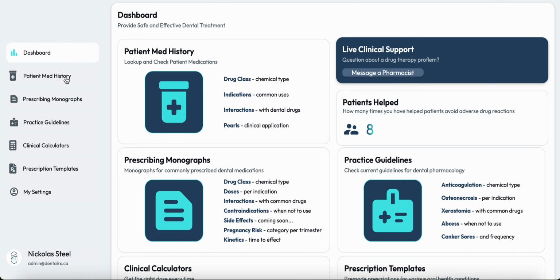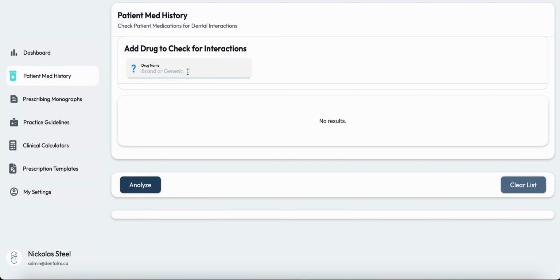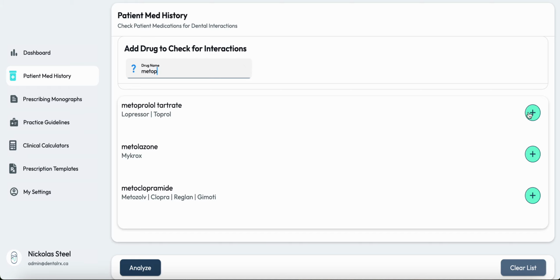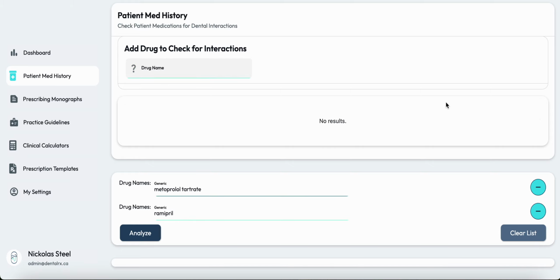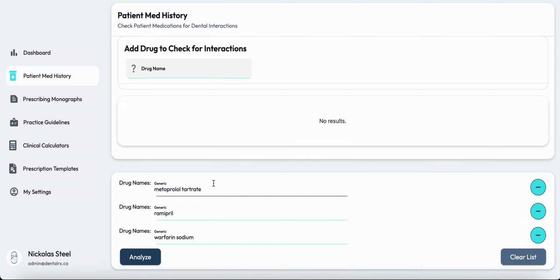First thing we'll do though is go to the patient med history, where we can look up Sarah's medications, and luckily she provided us a list so that we can enter them from there. First thing she provided us was metoprolol. Next thing she wrote down was Altase, which is the brand name for Ramipril. And then lastly, she wrote down warfarin. So here we can analyze the prescriptions,